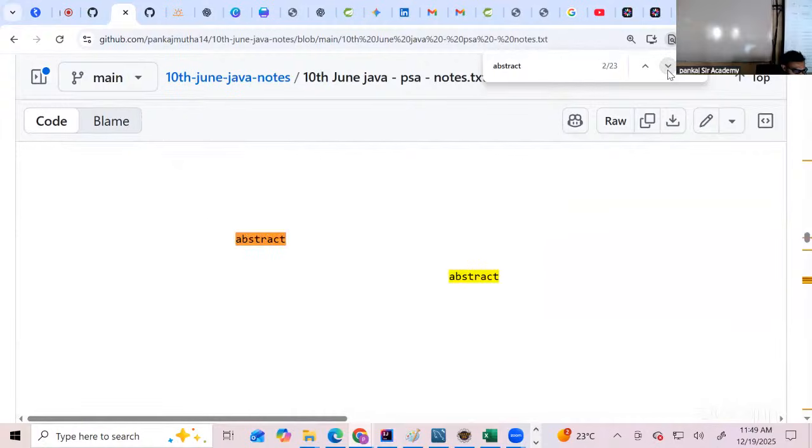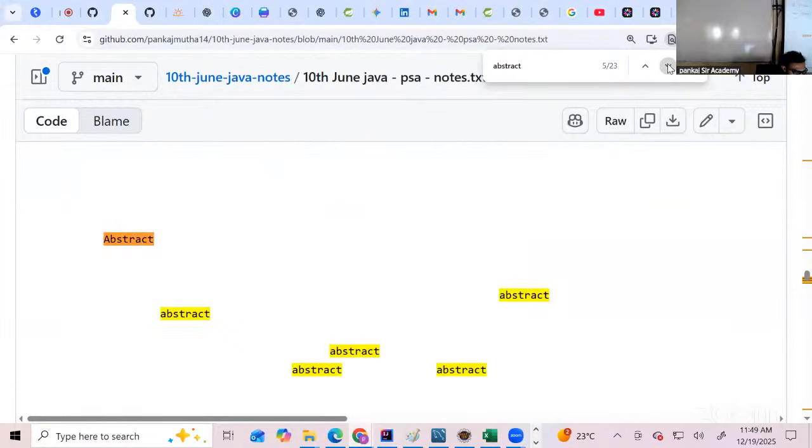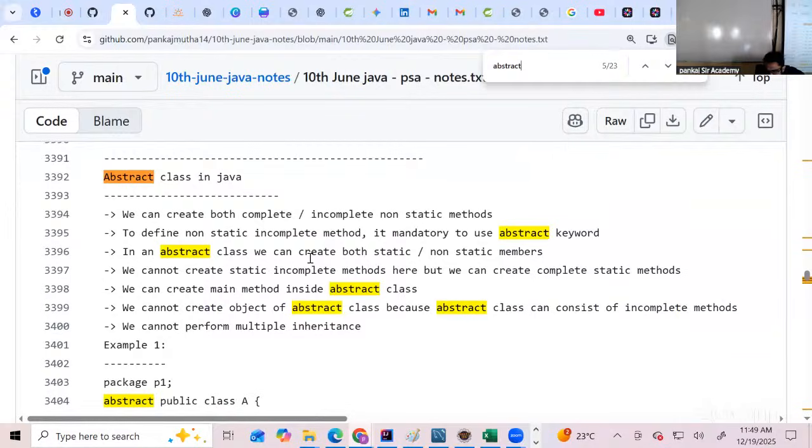Abstract class. Please read these points loudly. Quick recap. What do you mean by an abstract class? We can create both complete and incomplete non-static methods. To define a non-static incomplete method, it is mandatory to use the abstract keyword. In an abstract class, we can create both static and non-static members. We cannot create static incomplete methods here, but we can create,